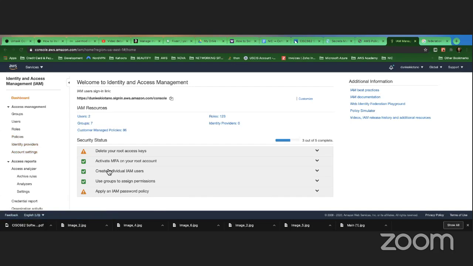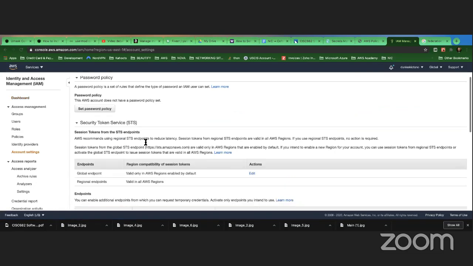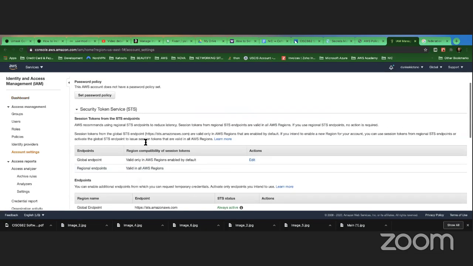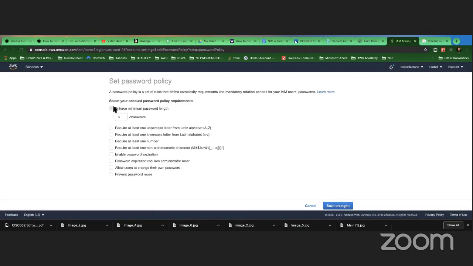Then I can force this, set password. I can enforce a minimum password length of 6 characters. I want the password to require at least one lowercase letter, and at least one non-alphanumeric character, like an @ symbol or hashtag.